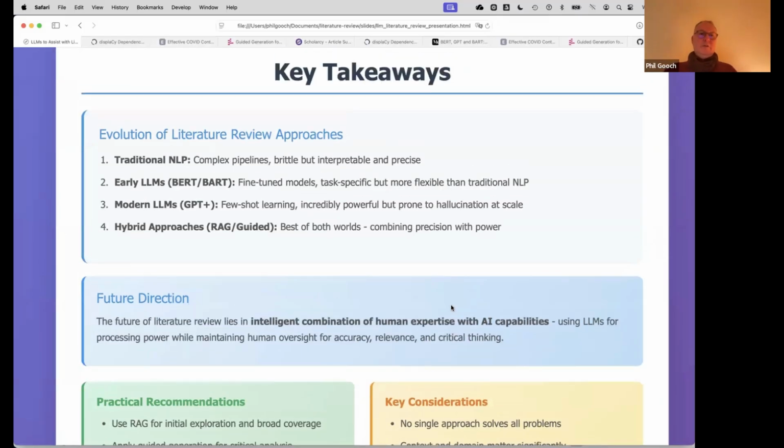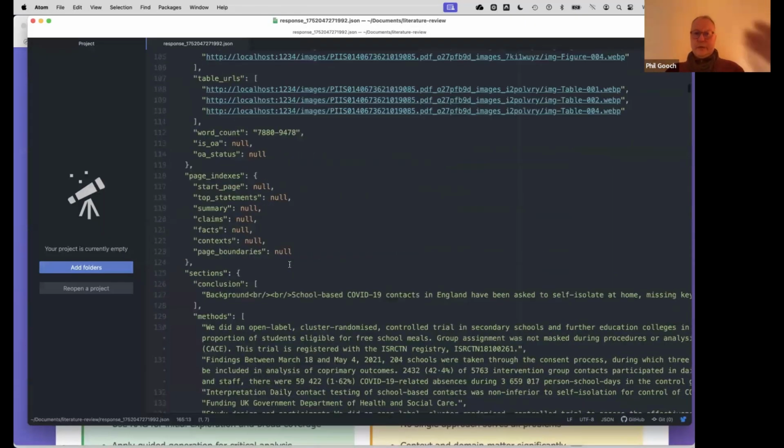Okay, so what have we looked at then? We've looked at traditional NLP using complex knowledge-intensive pipelines, which are interpretable and precise, but they break easily and have to be recreated for each different type of document that you're looking at. We looked at some of the early large language models like BERT, that could give you a general picture of how language is structured, which you would then fine tune for specific tasks. And then the modern day LLMs, which work like magic, really, don't they? You give it a document, you ask a question, and it gives you an answer, but they are prone to hallucination. And so we've looked at how things like guided generation, where either you select the information or you write software that selects information for you by structuring it in this way,